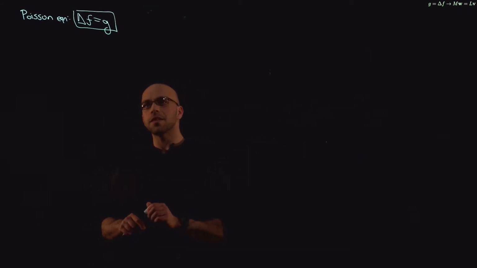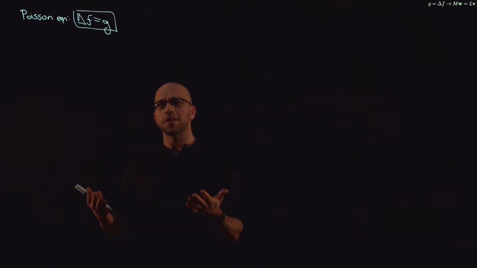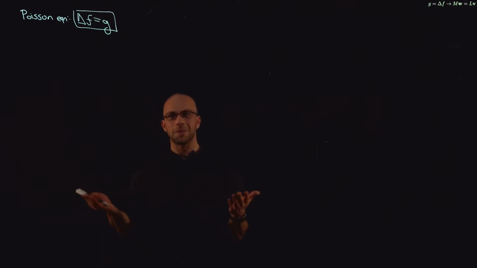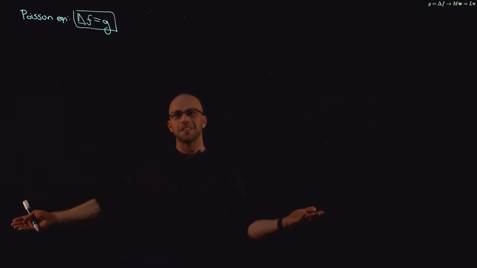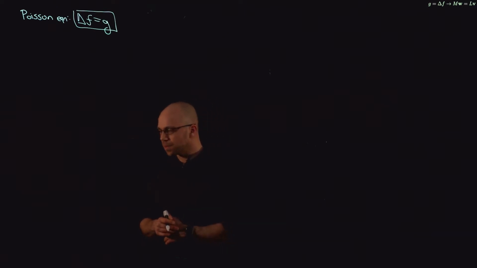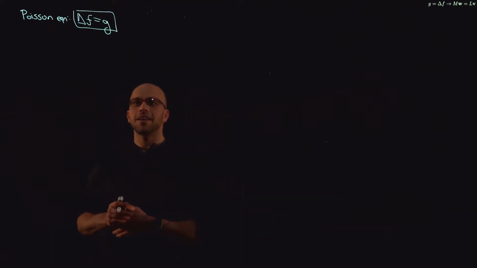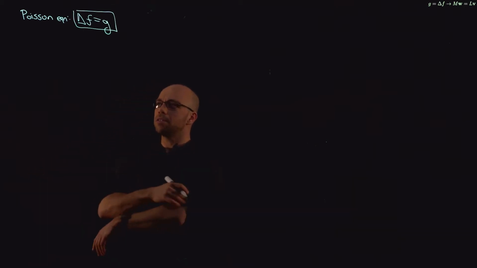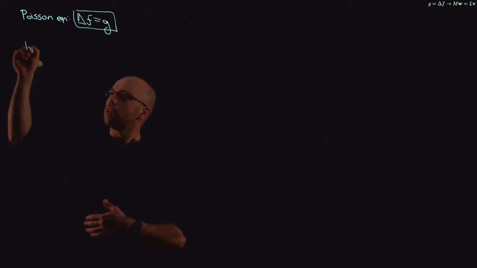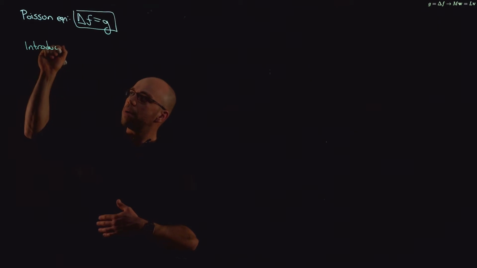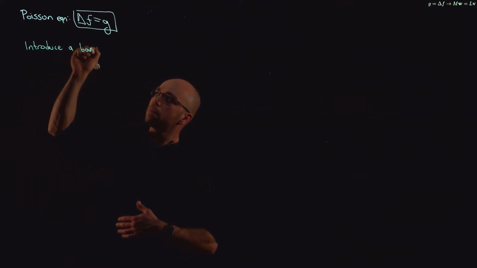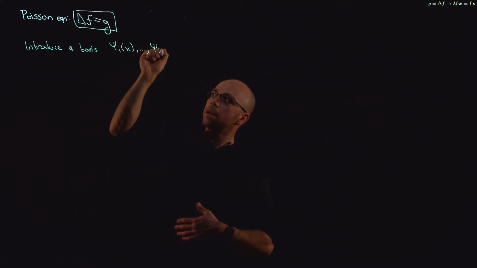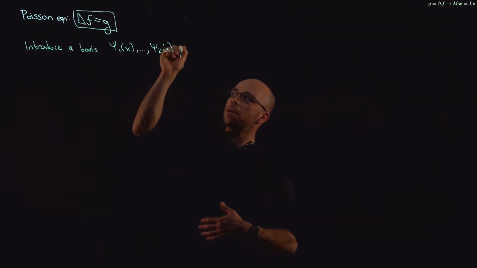So the question is, how can we come up with an algorithm that approximates solutions to this problem when f and g are probably going to have to be approximate, right? We can't express the space of all possible functions on a computer. So one thing that we might do is say, suppose that rather than working with all possible functions, we introduce a basis of functions, psi 1 of x, dot, dot, dot, psi big K of x,